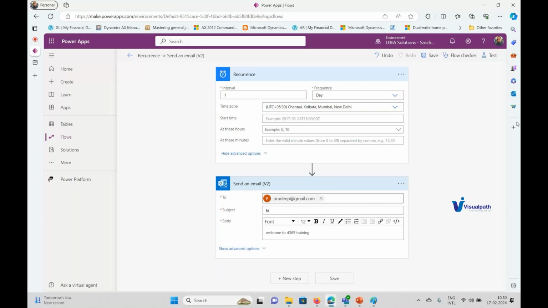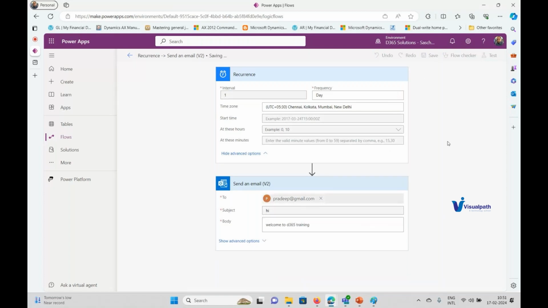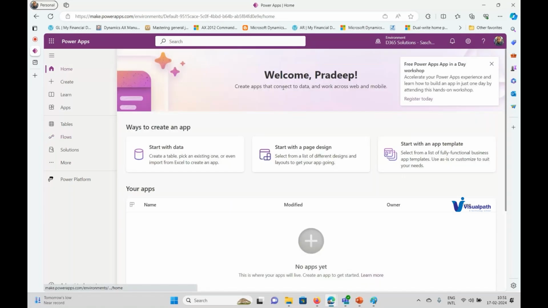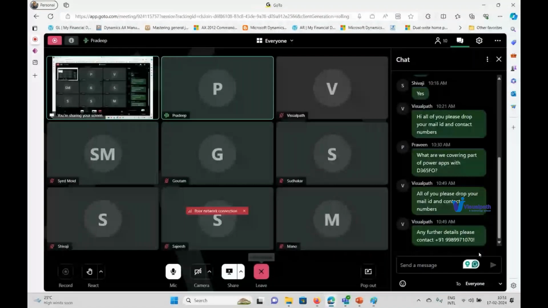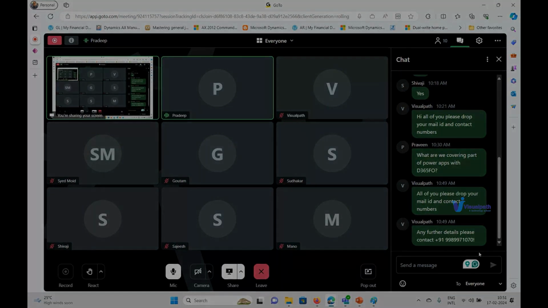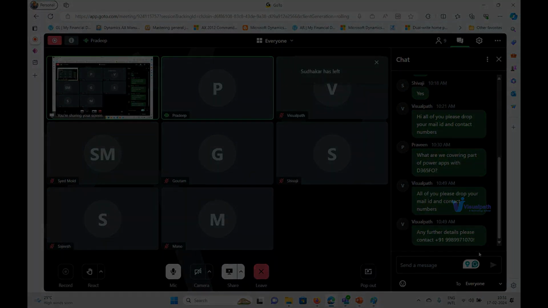Yeah, very simple example, so that in the next session we can go and get our hands dirty. If you are more interested in Power Apps, we can go and try and develop some Power Apps. Okay, that's basically what I wanted to cover today. If you have any questions and everything, you can also reach out to the training. Yeah, that basically ends the training for today.